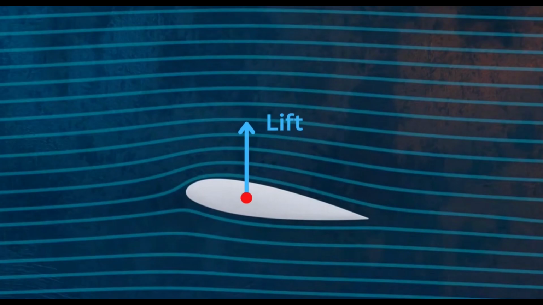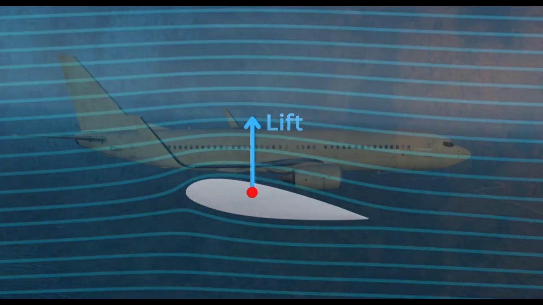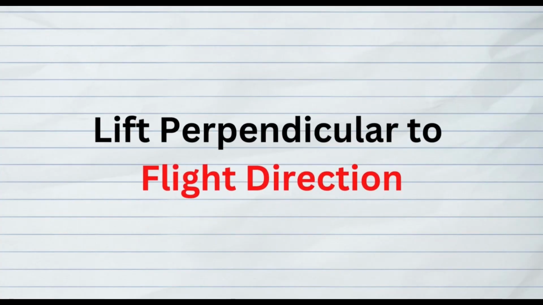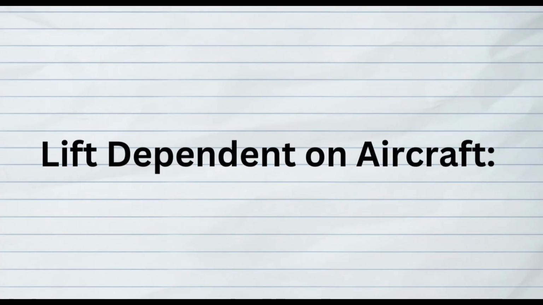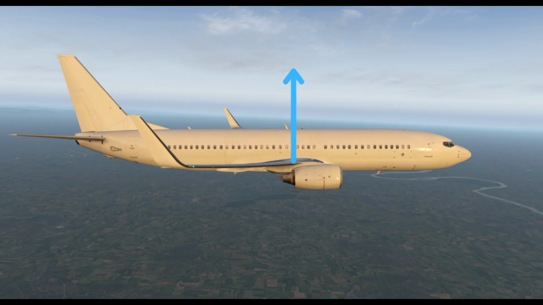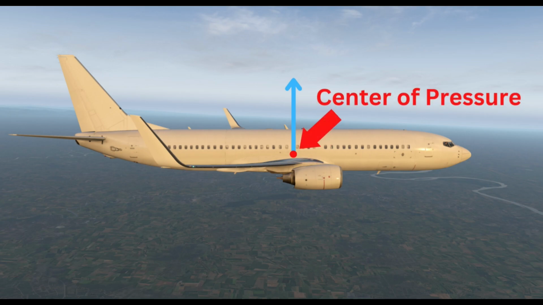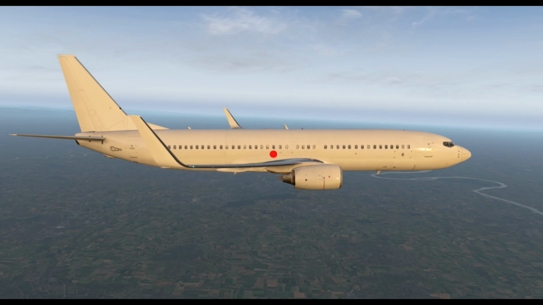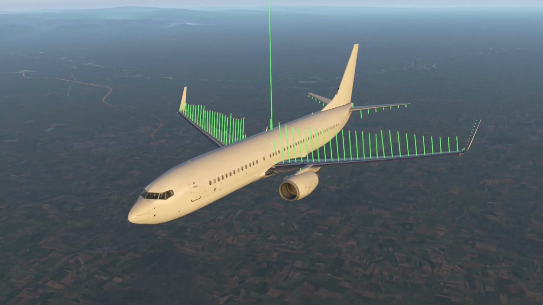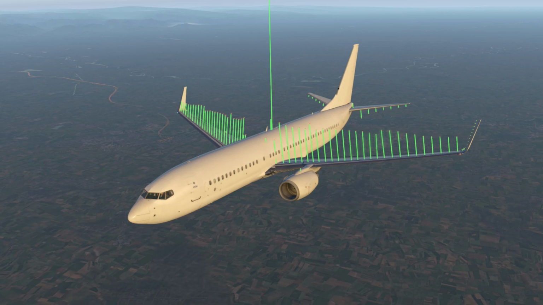As we know, lift is the vertical force that is created by airfoils, and is in fact the opposite force of weight. Lift is always perpendicular to the flight's direction, with this force depending greatly on factors such as the weight, speed, and size of the aircraft. Similarly to weight, this force acts for an average point known as the center of pressure, with its location changing constantly along with the center of gravity. The distribution of lift along the aircraft is altered by the airfoils and aerodynamic surfaces in order to maintain level